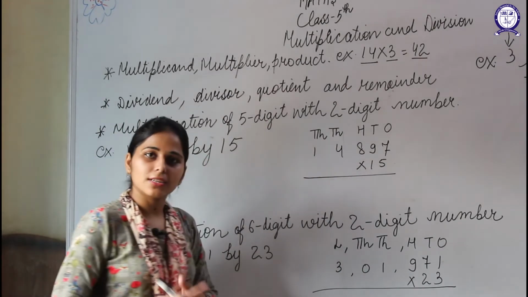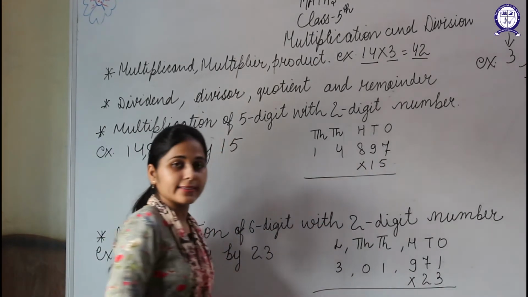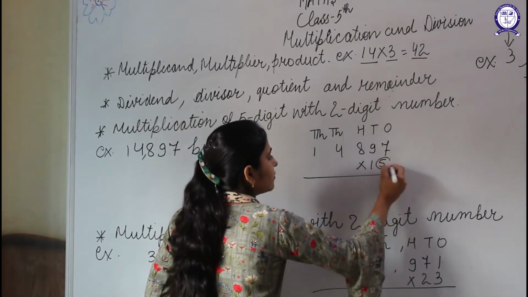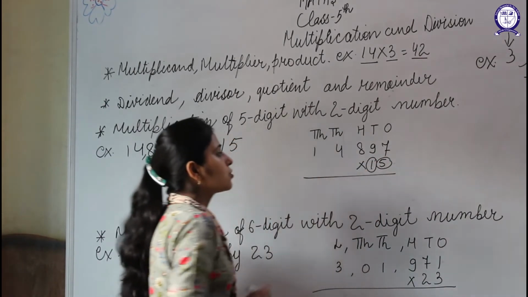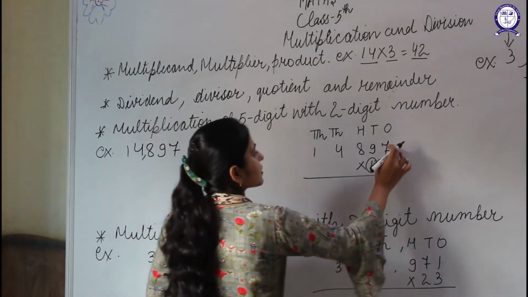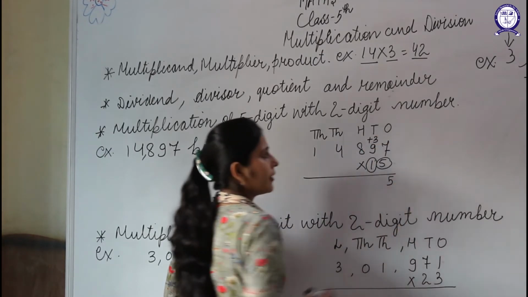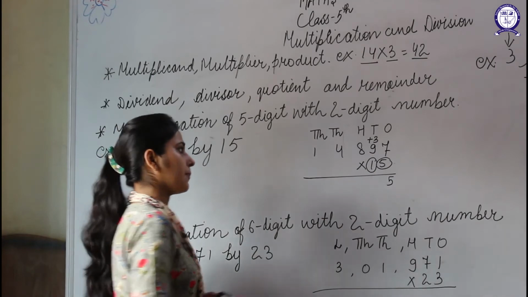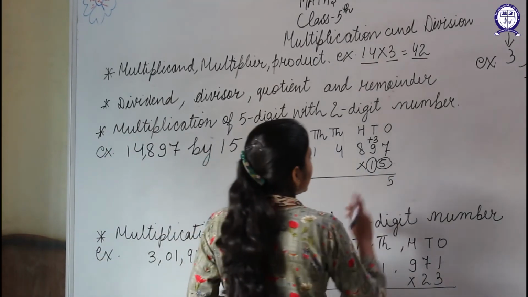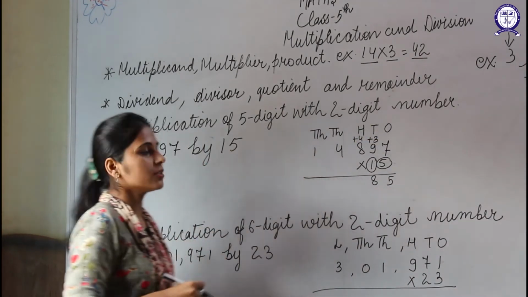First we will arrange the numbers under their place values, as you all know. So we have arranged the numbers under their place values, then we will multiply them first by 5, then by 1, students. So let's multiply 14,897 by 5. 5 sevens are 35. In 35, the unit digit is 5 and the carry is the tens digit, that is 3. 5 nines are 45. 45 plus 3, 48. Carry 4, as the unit digit is 8 and the tens digit is 4.